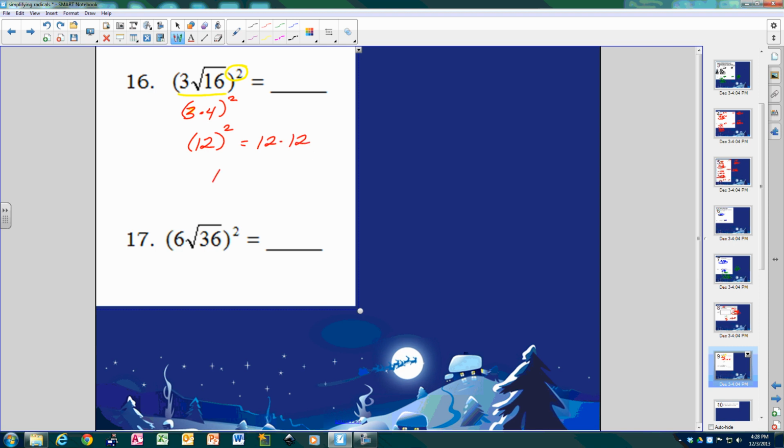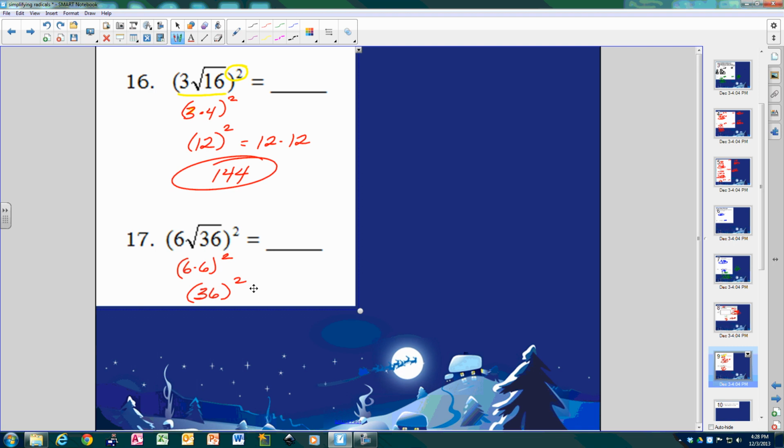And 12 times 12 is 144. Same thing here. The square root of 36 is really 6, because that's in my list. So that means 6 times 6 squared. Well, 6 times 6 is 36. So 36 squared